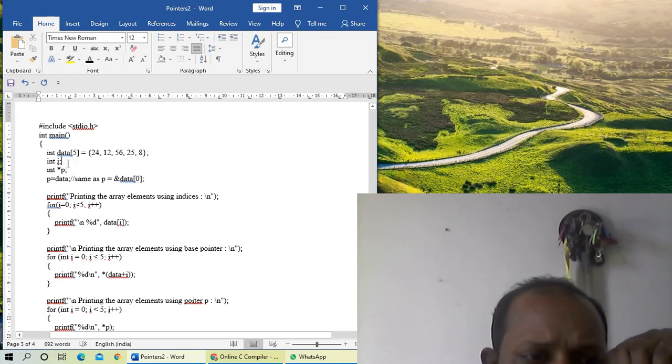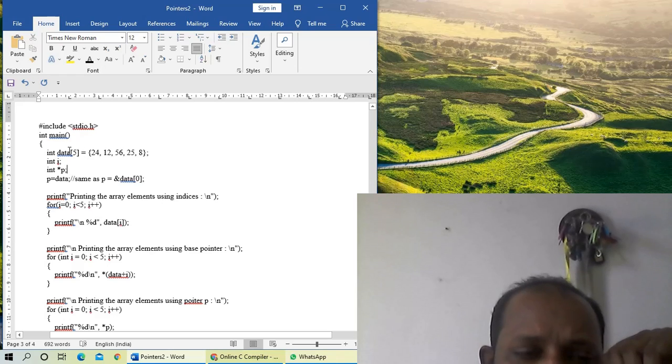Then I am using an index variable i to denote the index. Then int *p, I am considering a pointer variable. So p = data. That is, I have the base address of this array in the variable data. Since data is an array, the variable data indicates a pointer. Clear? So p = data.